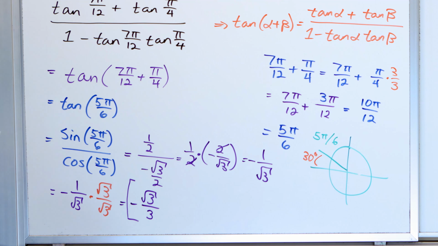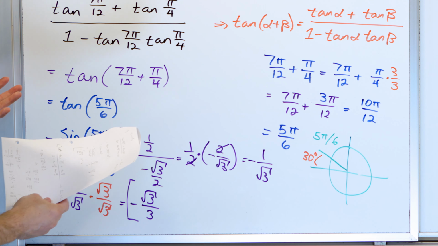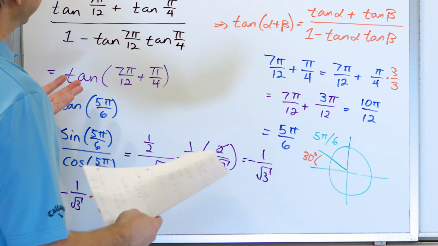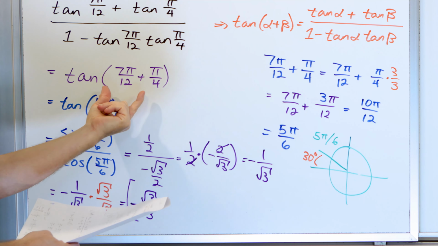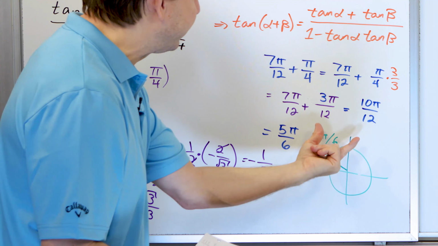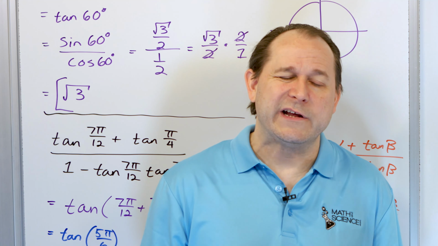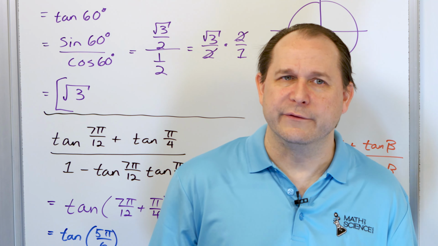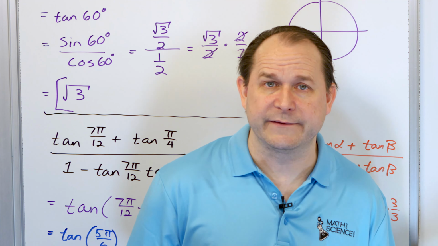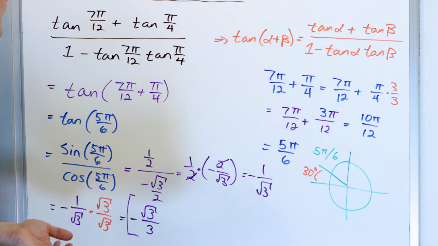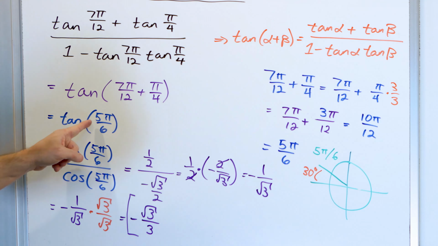All right, but notice the actual basic part of learning the identity was just to identify it and to do this, but then you had to go and do some fraction arithmetic, which I made a mistake on. It happens all the time. I didn't want to erase it. I want to show you I make mistakes too, so that you don't get discouraged when you make your own mistakes. But anyway, we recovered from that,